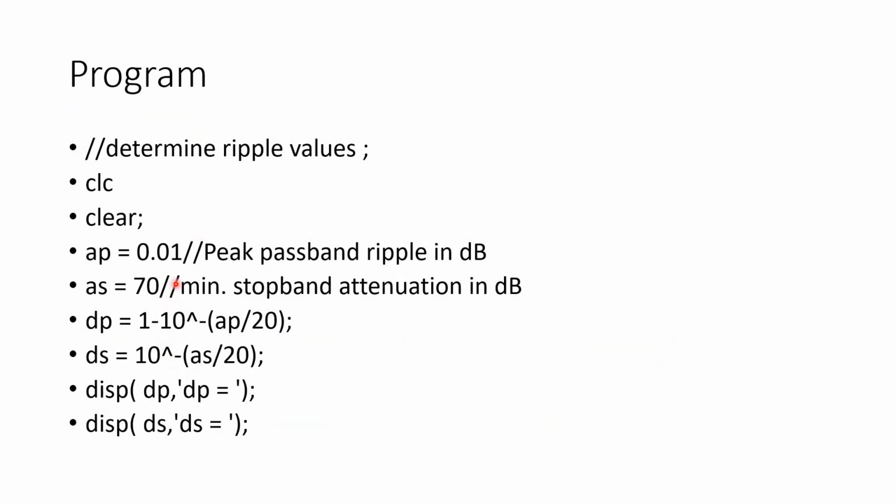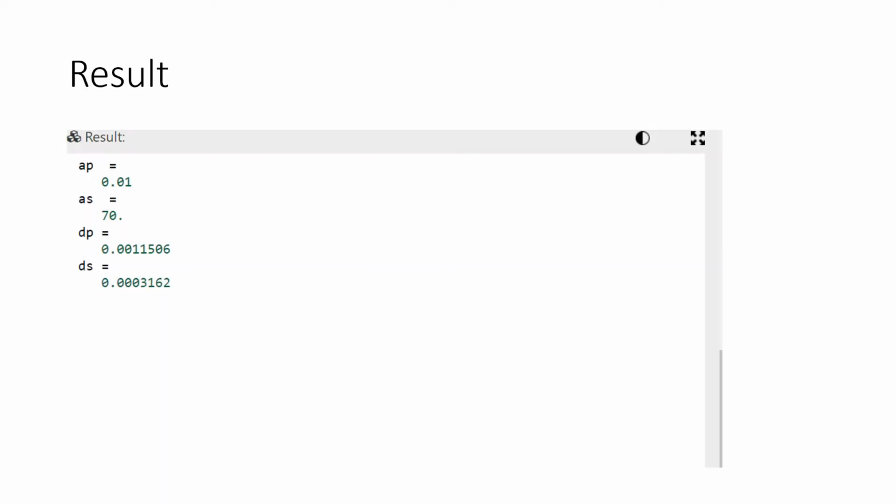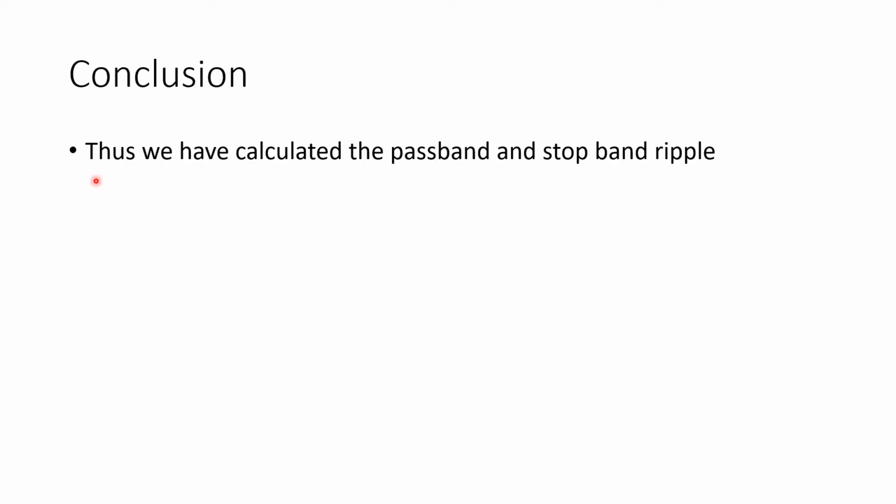The values are given in the dB form, and now we are converting our dB form into the what? Fraction form. So after that you will get such type of results. This is given in the dB form and we are converting dB form into the fraction form. So AP is the what? Alpha P or lambda P, that is 0.01, it is in the dB. AS is 70, again it is in the dB form, so we have to convert dB into the fraction form. So this is our conclusion.